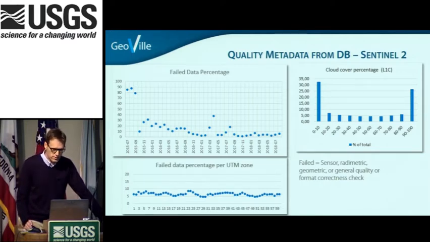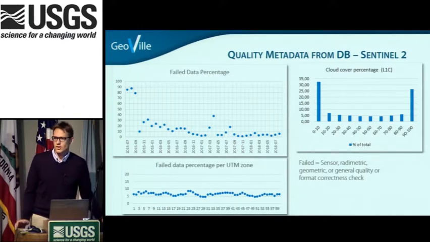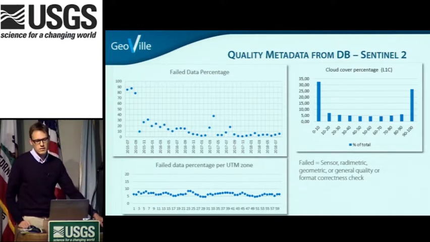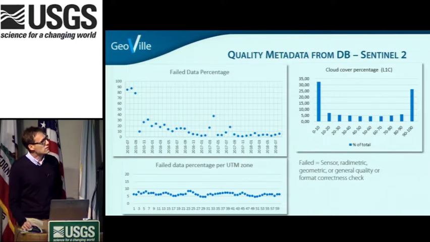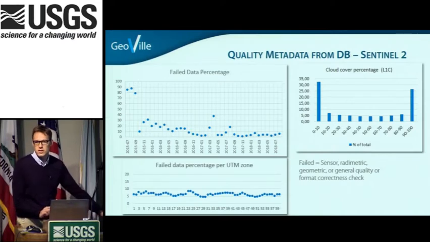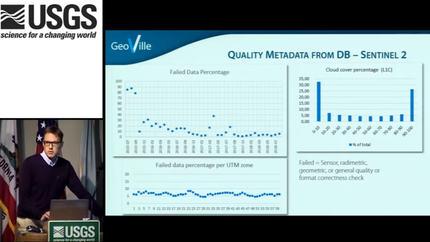What is a little bit more astonishing is this cloud cover percentage, also extracted from the database, is that we have this uneven distribution. So we have a high percentage of 0 to 10% cloudiness and 90 to 100, and then of course low values in between. So I think this information is a little bit questionable, because I would expect a more even